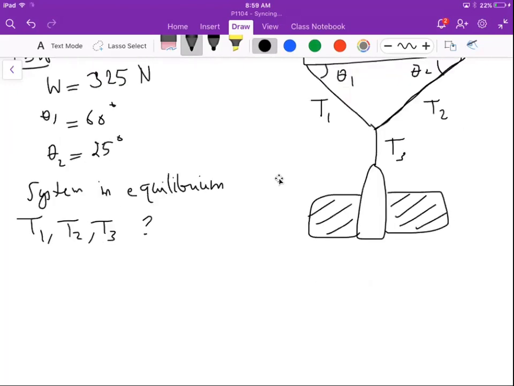So here we have to discuss and analyze a little bit before we start applying the rules. So the main weight in this system is basically this bag, right? So this bag has a weight 325 Newton. And what really makes this bag supported, in the place where it is, not falling down, is actually the tension in this